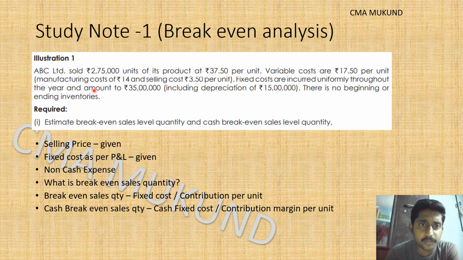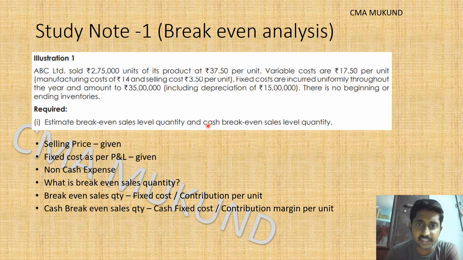So here we have to break the fixed cost of 35 lakhs into cash expenditure and non-cash expenditure. We all know depreciation is a non-cash expenditure because we are not paying out of our pocket. It is a reserve which we create by depreciating, where there are various mechanisms for depreciation, as we all know, straight line method or written down value method. So the fixed assets in the balance sheet will be depreciated over the years, and depreciation reserves will be useful for replacing the machinery when it is worn out. So we have to keep this machinery, so it is non-cash expenditure.